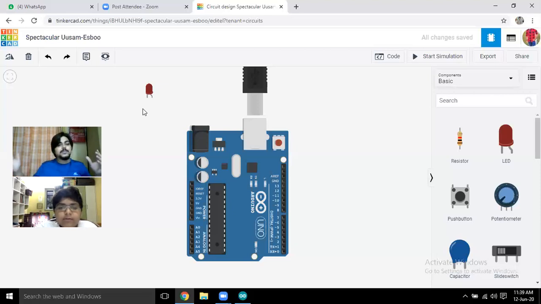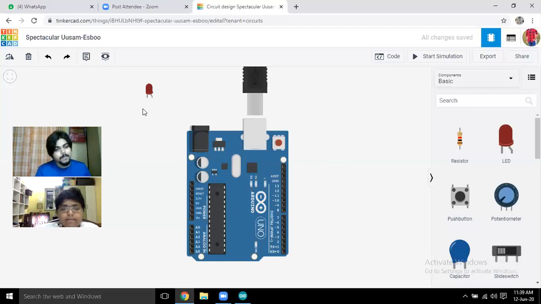Here one side is plus, one side is minus, so they are opposite to one another, right? So they have a difference among themselves. That's why if there is difference, current will flow. Current will flow in any difference. That's why one part is positive, another part is negative. With only positive, the LED will not glow. With only negative, the LED will not glow. Both are required because both form the difference, and without the difference, current will not flow. And if current does not flow, then light will not glow.